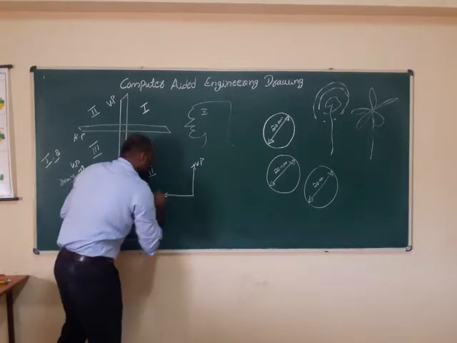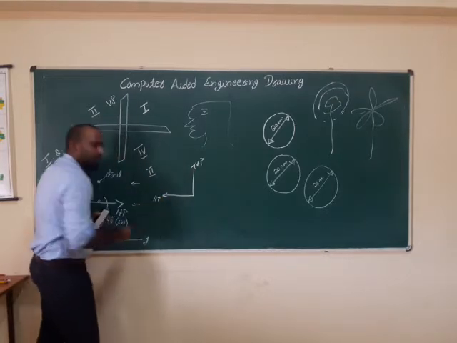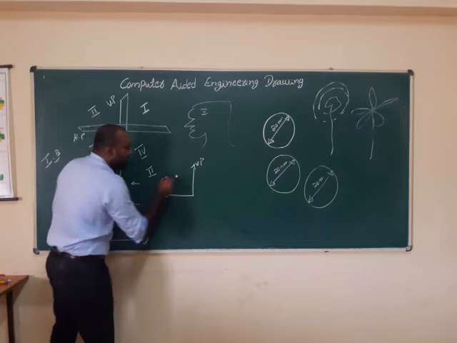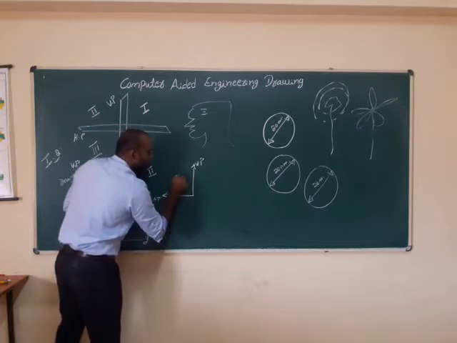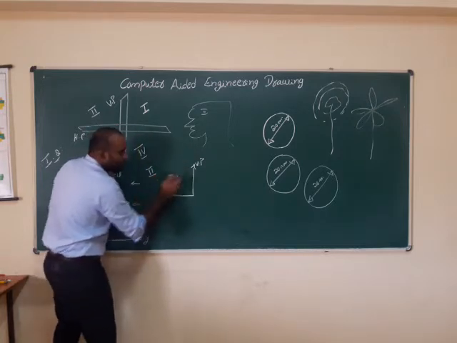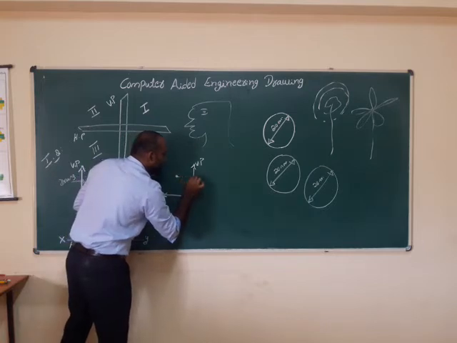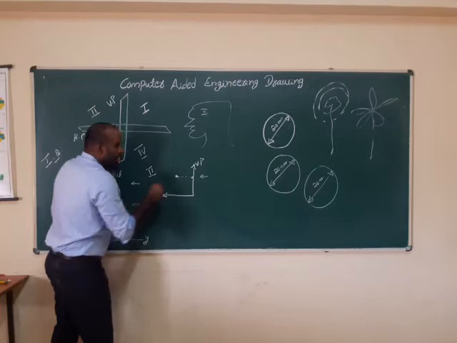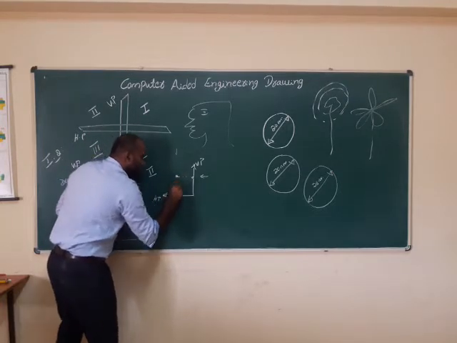This is a vertical plane. This is a horizontal plane. For example, I will take this, which is called an object. You have to draw the object on the plane only. You can't draw on air. This is called a plane. You have to draw on the plane in the front view. This is called the front view. From the top view, you also have to draw on the plane.